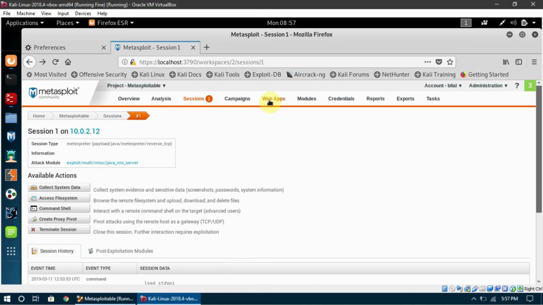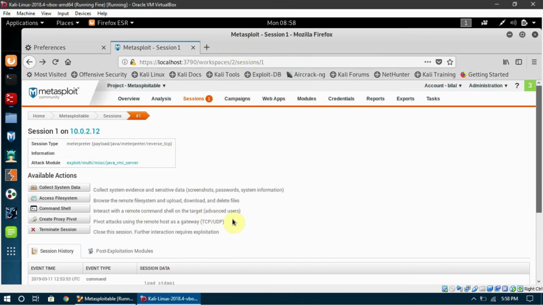There is a web apps option here and a reports option here. Metasploit also allows us to scan web applications. So we can scan websites using Metasploit, and it will show us this kind of information.